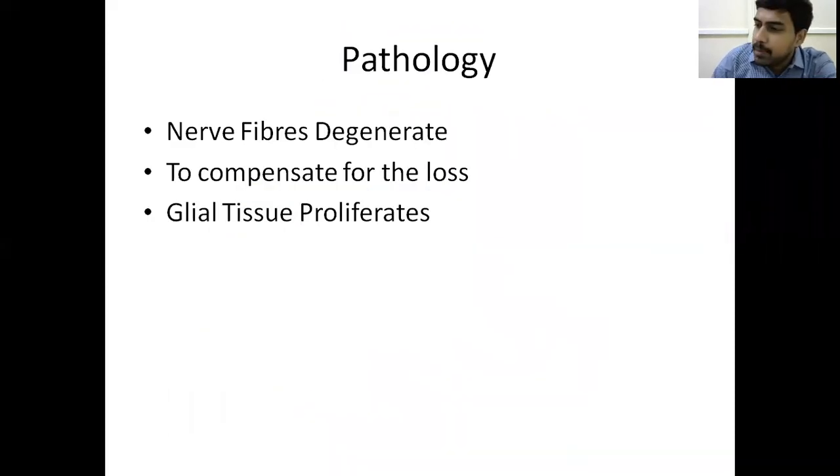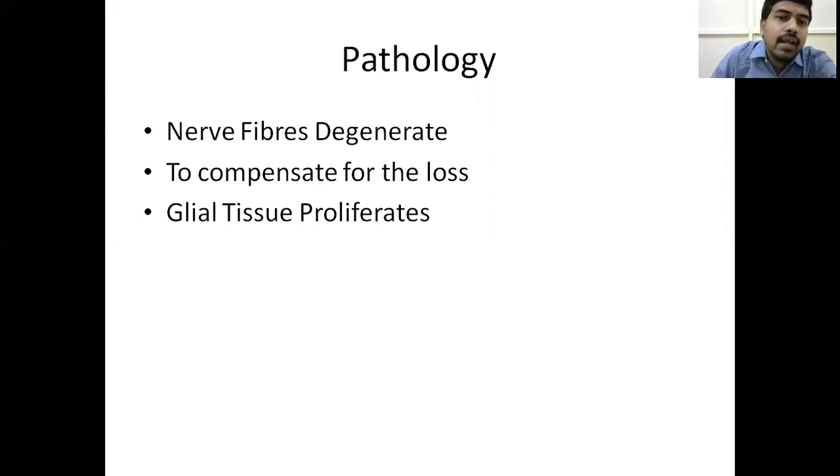Okay. So now what is this pathology? What are the basic pathological mechanisms going on here? So the nerve fibers degenerate. When there is degeneration of nerve fibers, to compensate for this volume loss, glial tissue proliferates. You all might know that there is neuroglia. Neuroglia are a group of supportive tissues. They are like microglia cells, astrocytes, oligodendrocytes, neurolemma. All these cells are present to support the nervous system. So if there is any damage to the axon, these give the protection and these give the nutrition support to this. And they also form the scavenging part, like macrophages also.